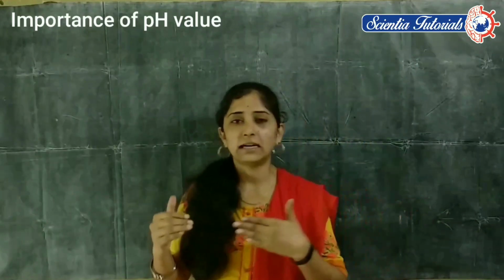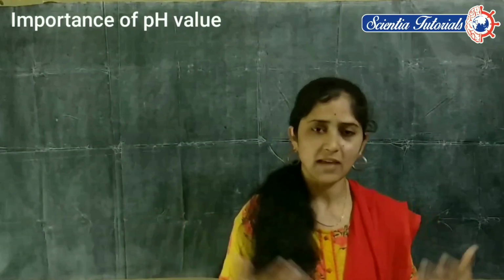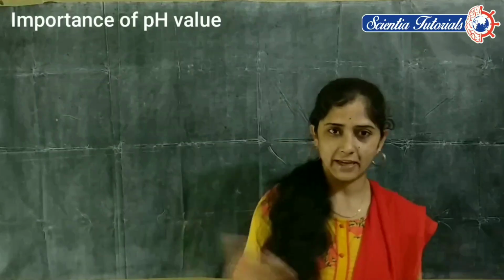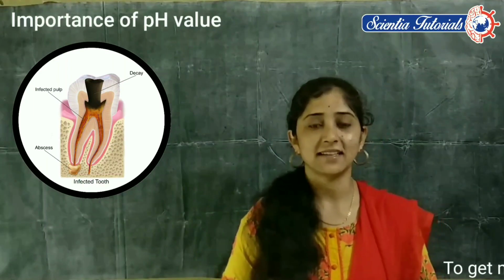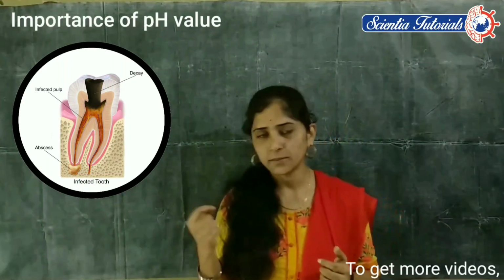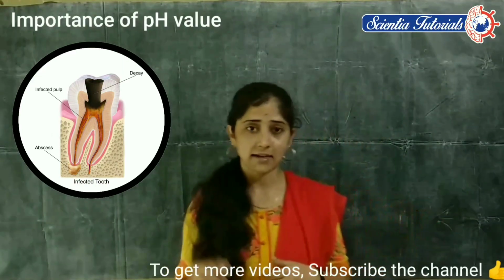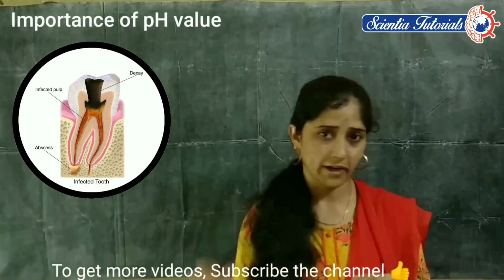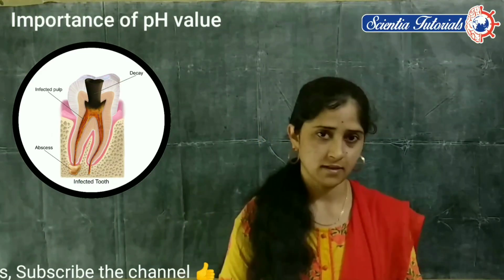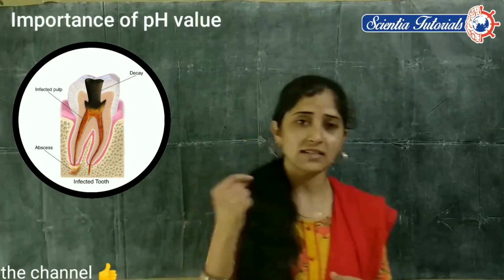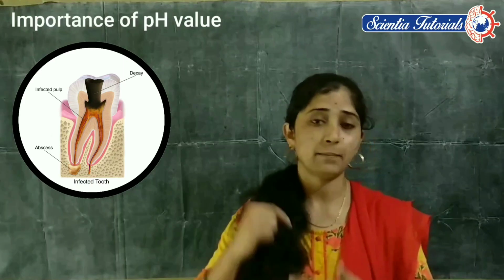And in our day-to-day life, we sometimes observe, in our neighbors or ourselves, tooth decay. Why do we get tooth decay? What is the reason? In our teeth we have a very hard substance, enamel, the hardest material in our body. Enamel does not dissolve in water, but it is corroded by the acid produced by bacteria.